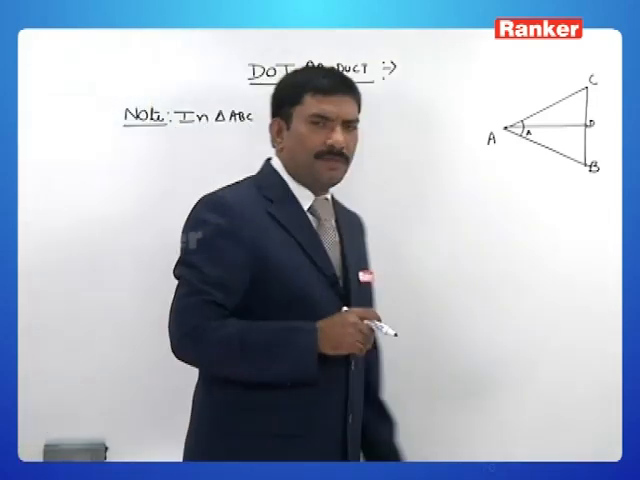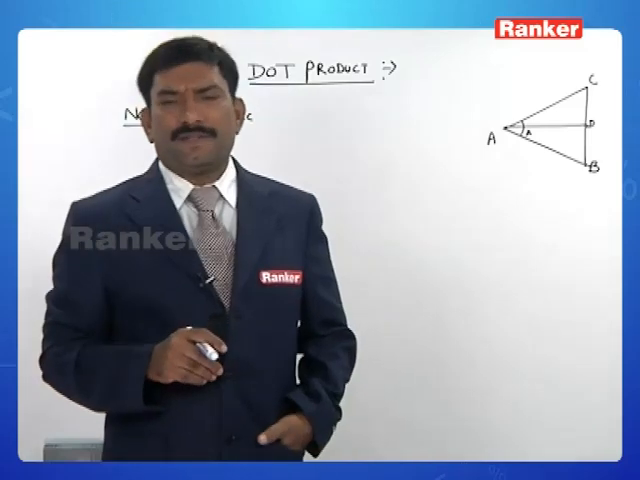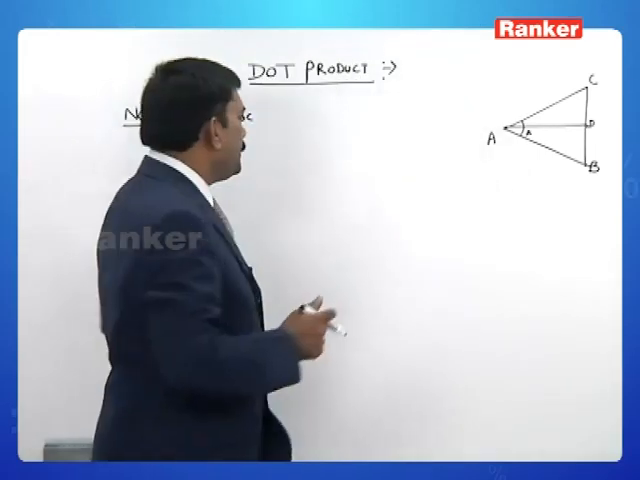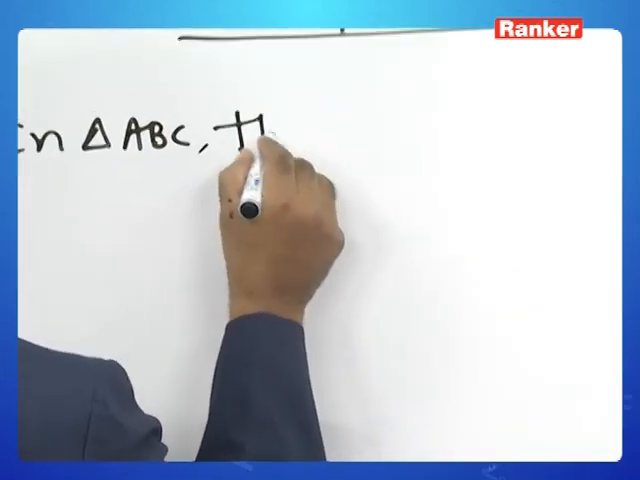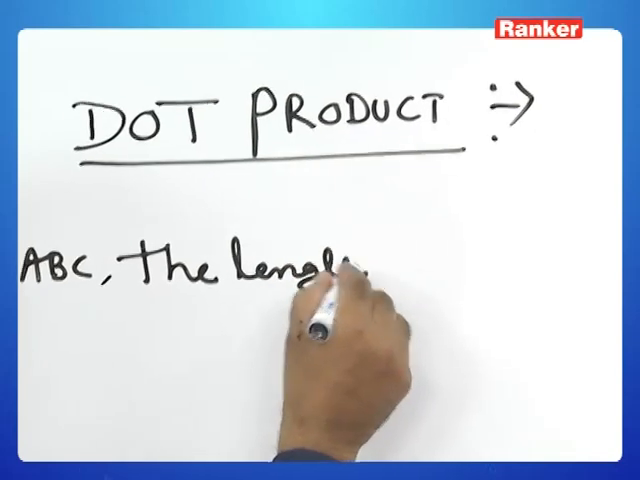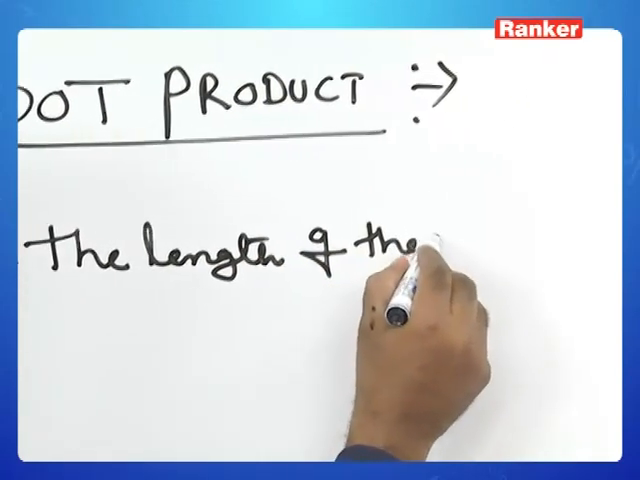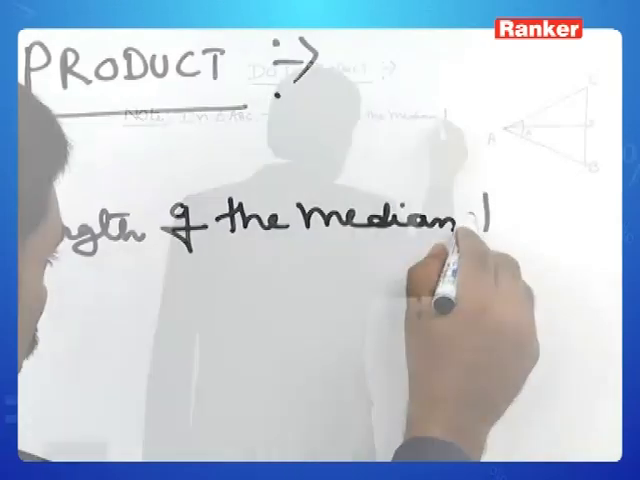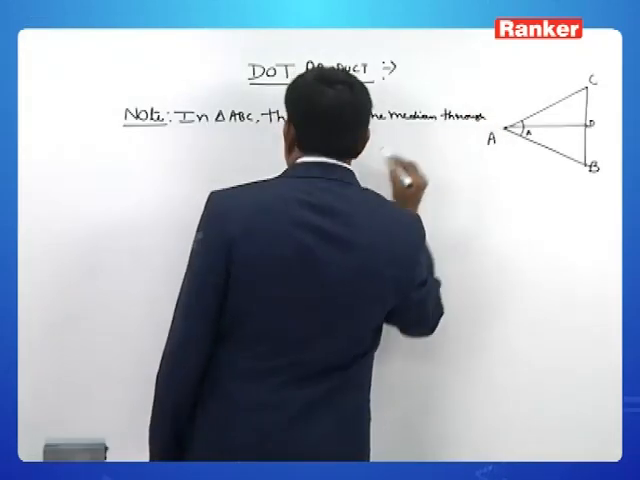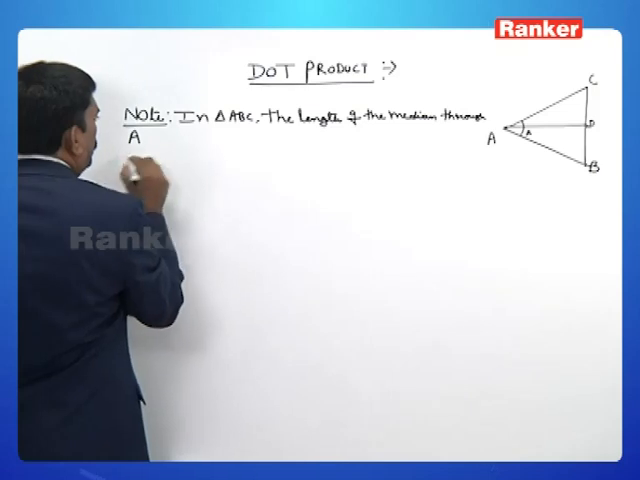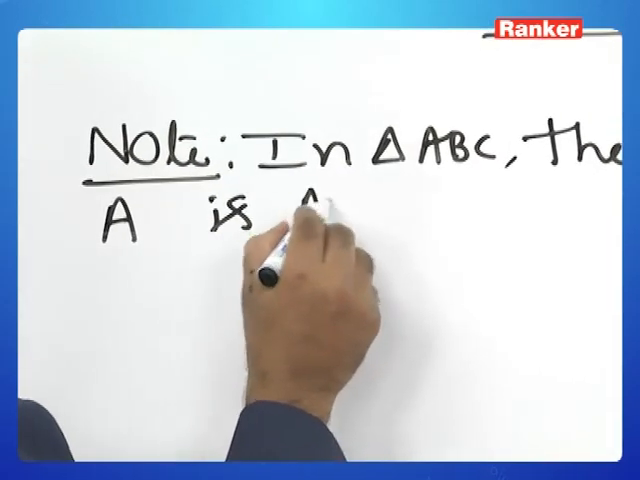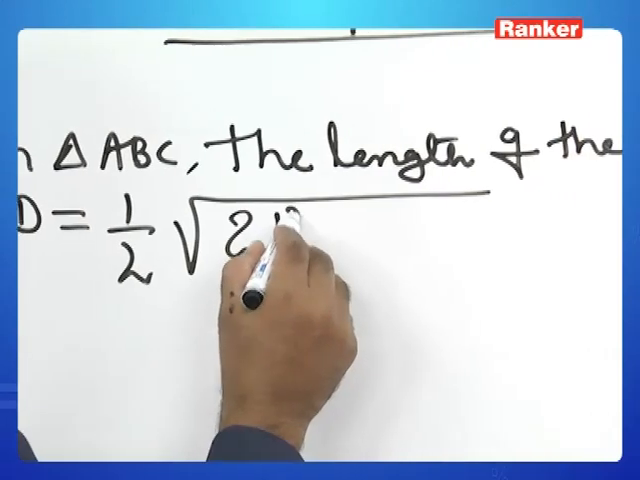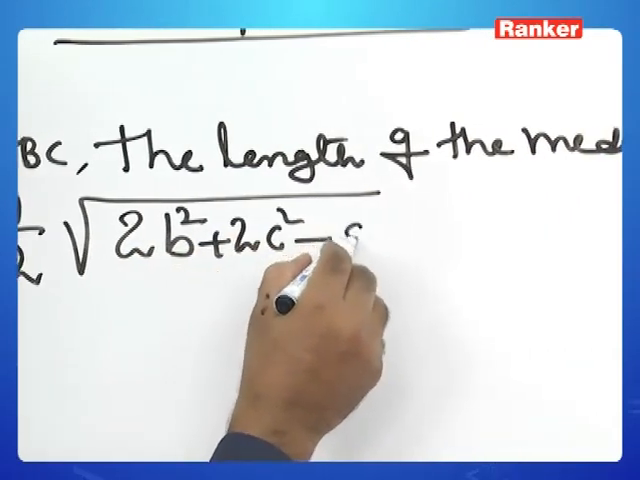In a triangle ABC, students, let us discuss the lengths of the medians through A, through B, through C. So in a triangle ABC, the length of the median through A is AD, equal to half into square root of 2b square plus 2c square minus a square,